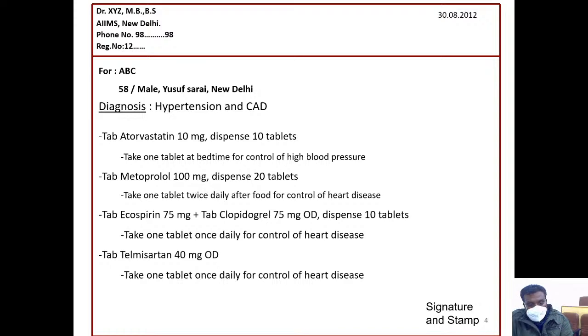Telmisartan 40 mg once daily, and it should be taken one tablet once daily for the control of hypertension. Here it is wrongly written as control of heart disease. Actually telmisartan is given to control the hypertension. So if we see,